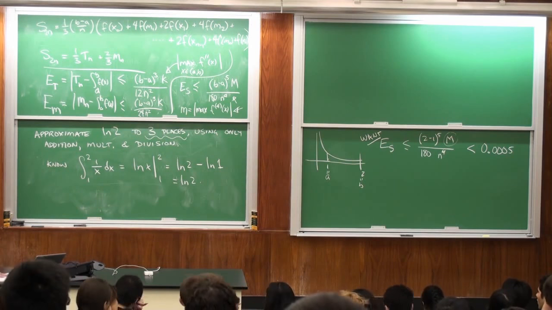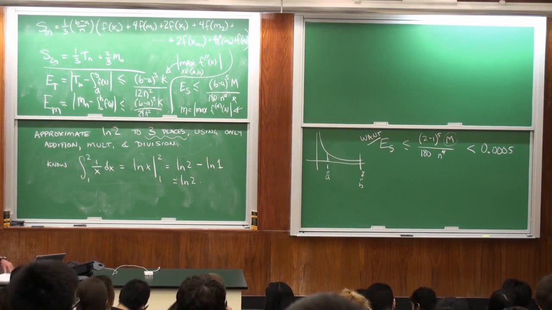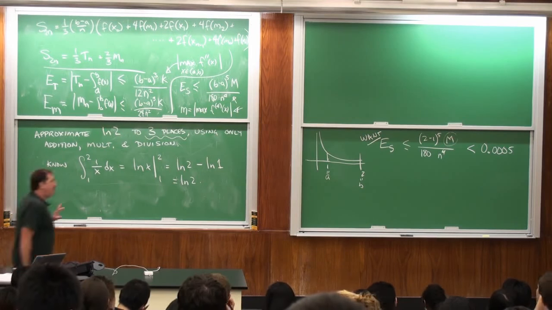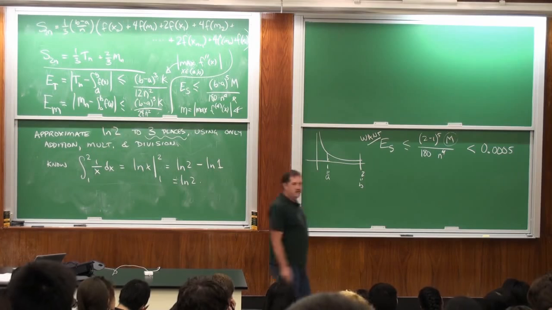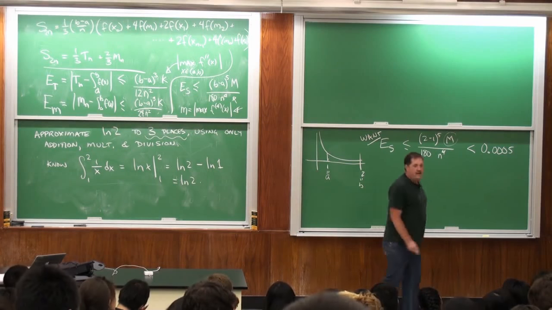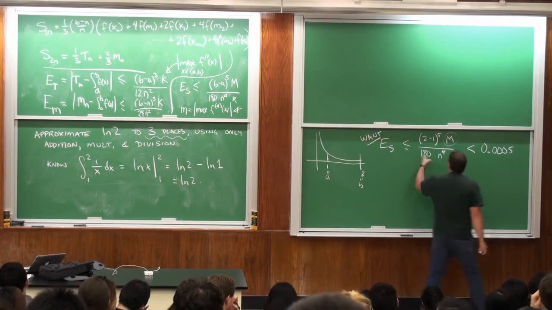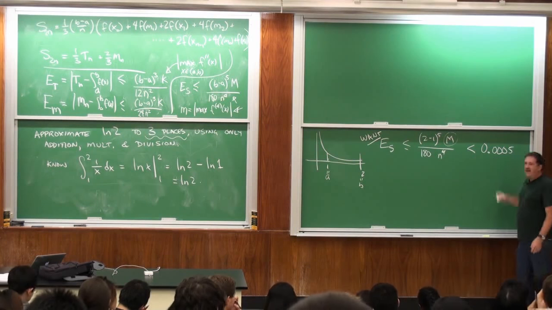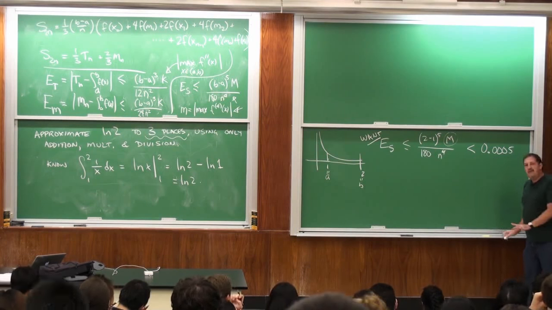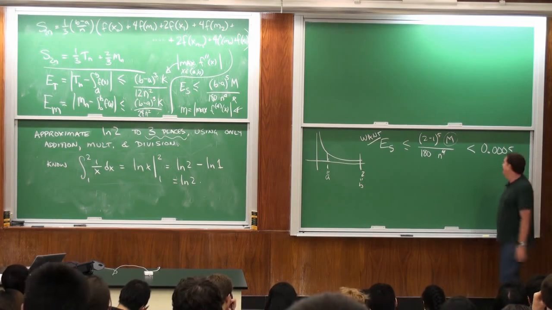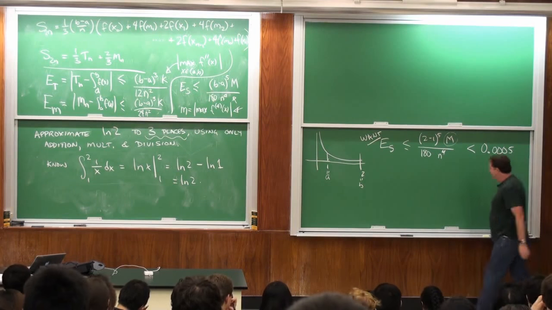So you may have noticed I'm not really very good with actual constants. It's 180. I have a very terrible memory for numbers. I'm actually not very good at adding and subtracting either, but... Okay, so here we are. I'm terrible at math. I'm actually pretty good at math. I'm just bad at arithmetic. Okay, so here we are.